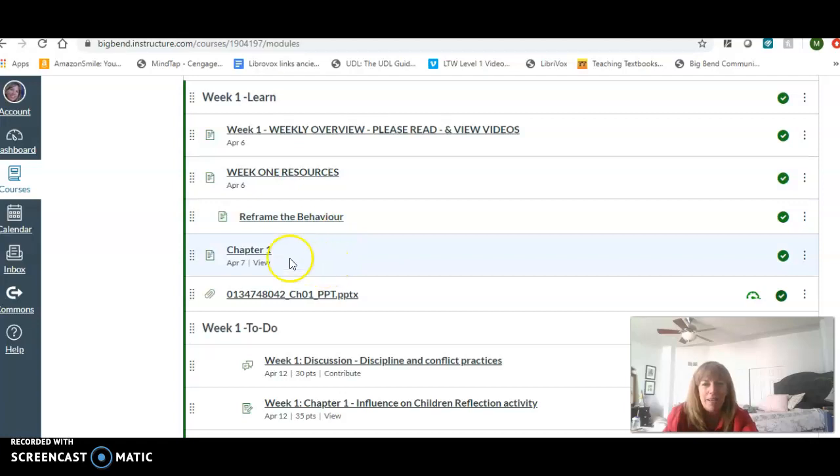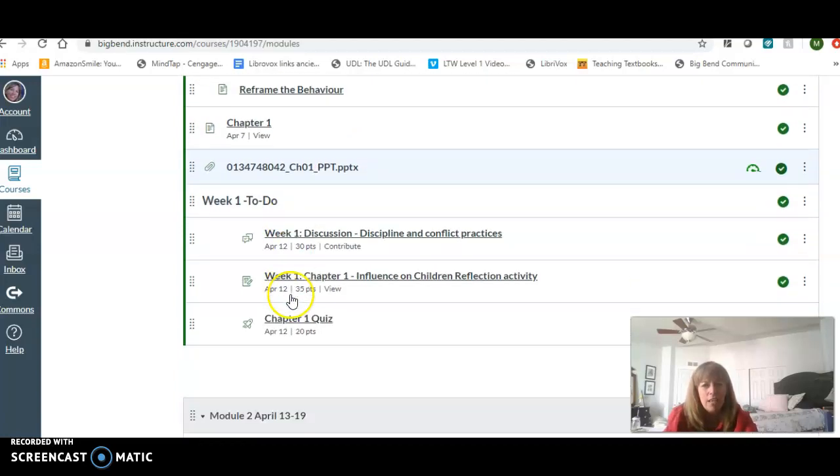Anyways, here's the reading assignment. And then these PowerPoints are produced by the publisher of the book, so they really are just a review of everything you've read. It's not a bad idea to read your chapter and then click through these slides and go, oh, I don't remember seeing that, because you can go back and review. Here are your to-dos: a couple of discussion boards, a reflection activity, and then the quiz